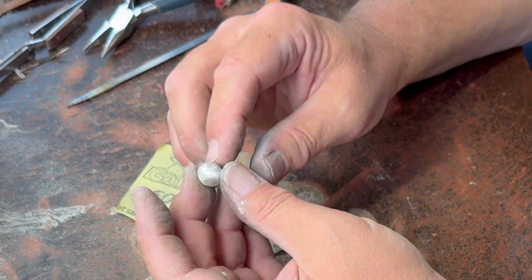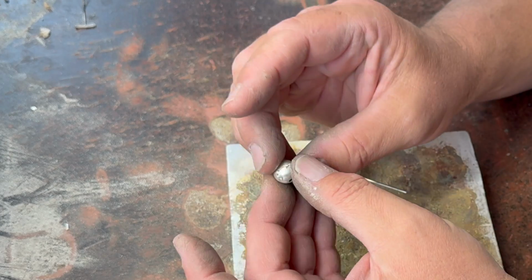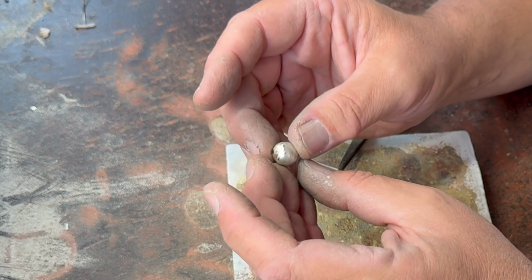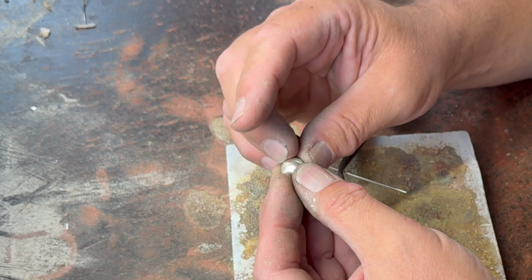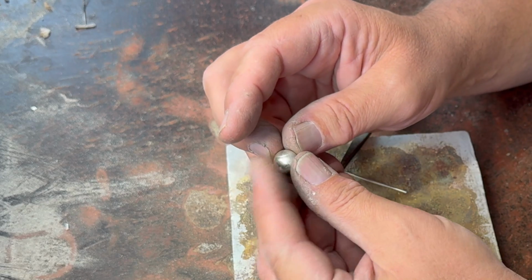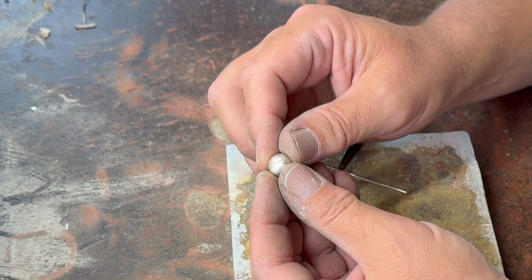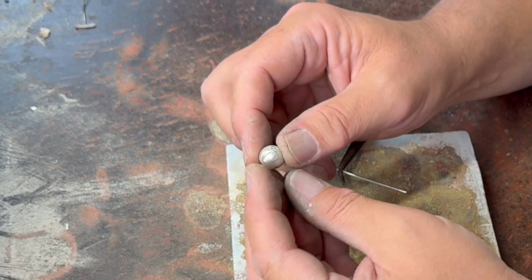Okay, I'm going to do a bit more of this, then I'll come back. Okay, so I got it mostly cleaned up. It's relatively round. It's not perfect. I have a little bulge right there. Nobody wants an unsightly bulge like that. But I think when I polish it up a little bit more, it might get rid of some of those